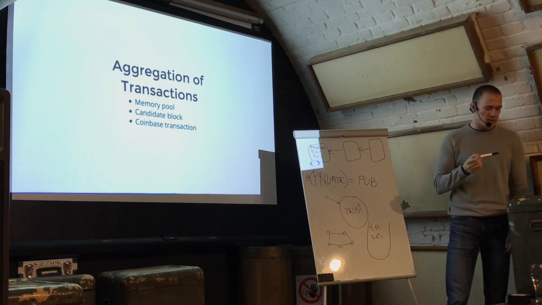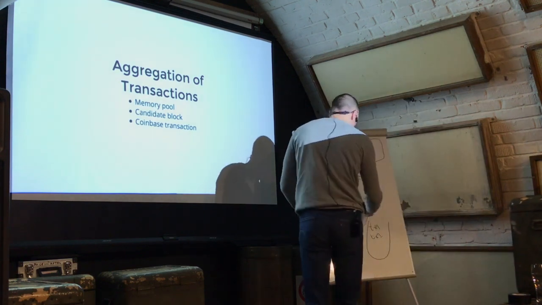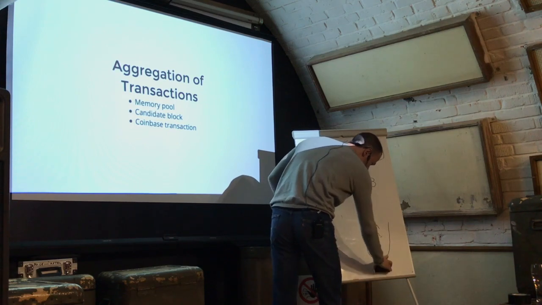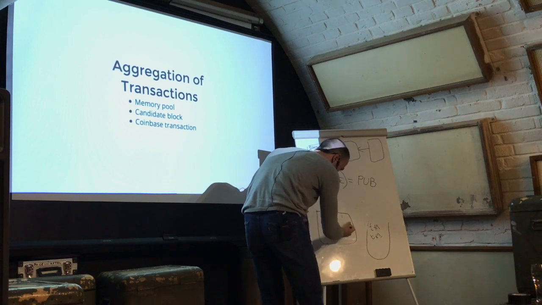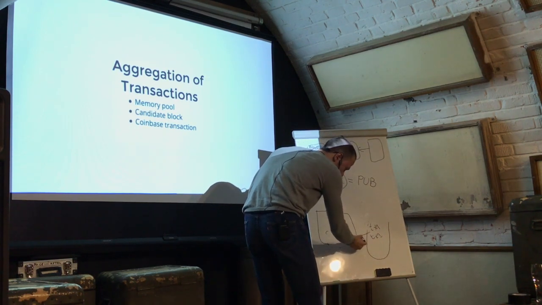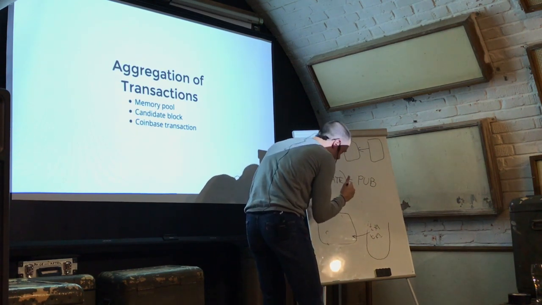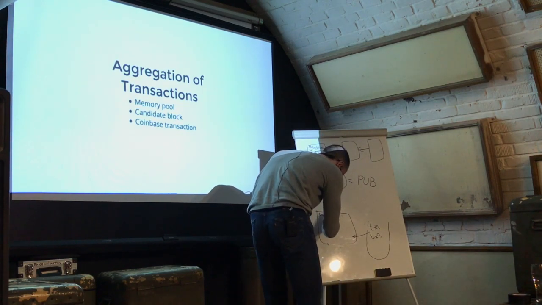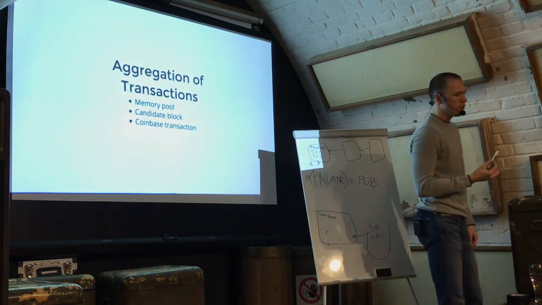And what he does is that he creates a new empty block. I will just need a little bit of board for this. So he creates a new block. In this block, he puts all of those transactions, or most of them, and then one additional transaction. This additional transaction is called the Coinbase transaction. And what is this transaction? It is a way for a miner to pay the reward of mining